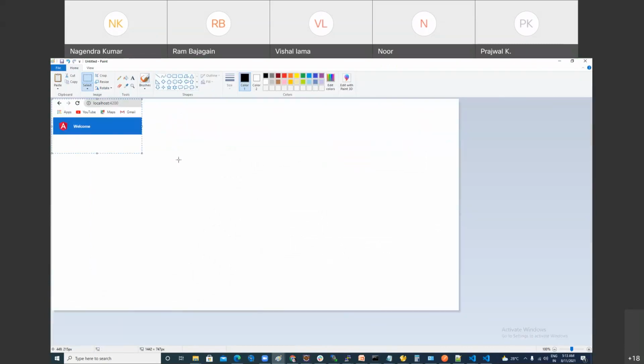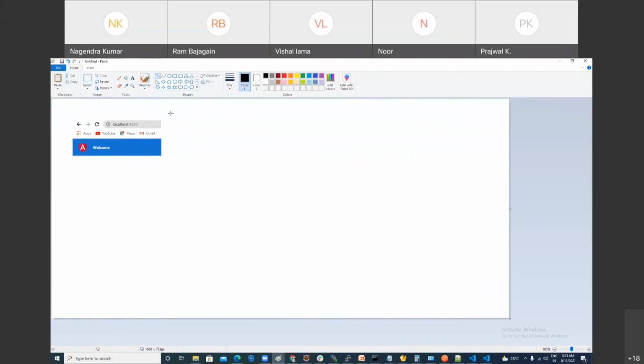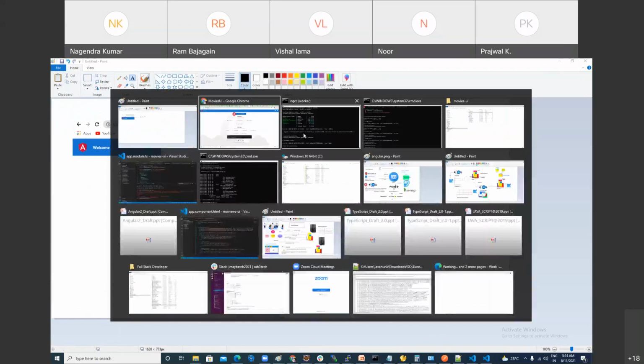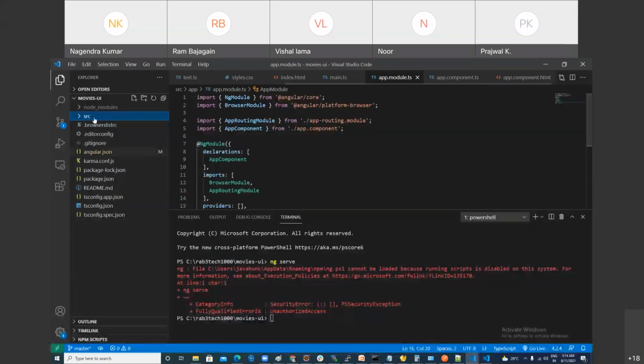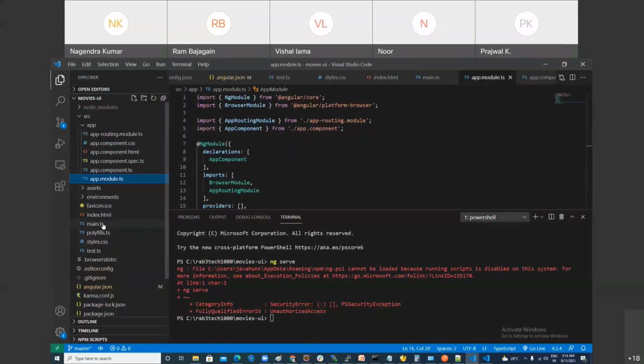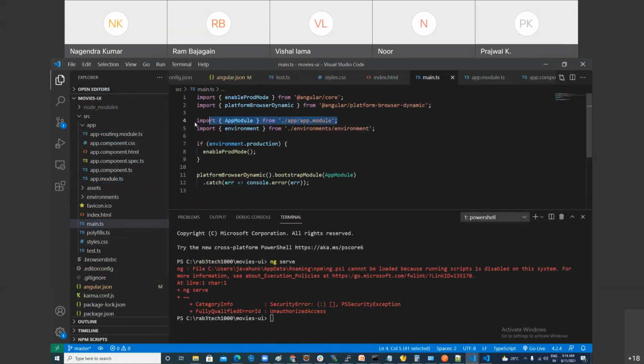What you can do? You guys are not helping me, right? When you run your project and you are typing it, how are things happening? I told you there is a file called main.ts. And this file is going to load in the beginning itself, clear? So from main, because of this code,